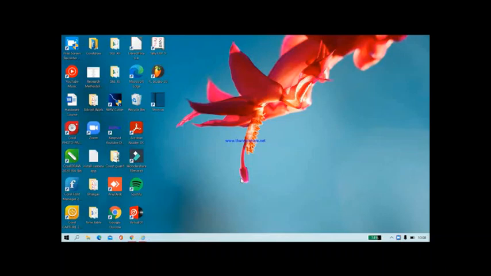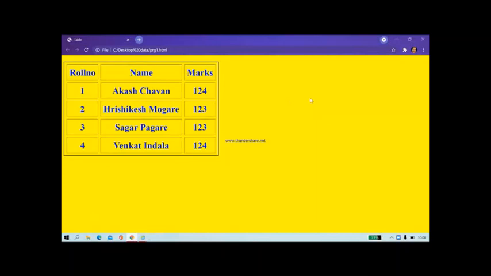Good morning students. Today we are going to see the table tutorial. Now what do you mean by a table? A table is nothing but a combination of rows and columns. Let's take the example. Now see this on the screen, you have got a simple table which has verticals and